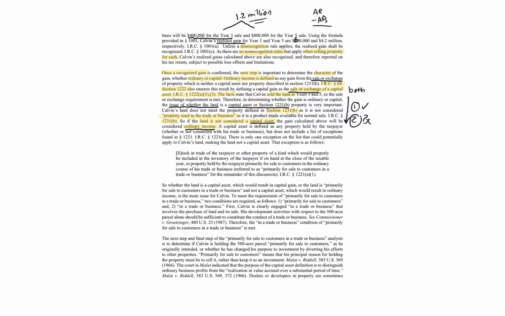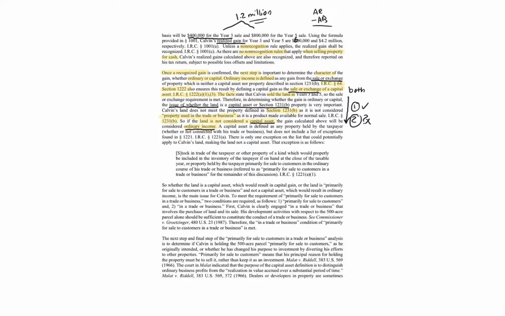You guys show me the conditions. You guys show me, okay, we met the sale or exchange requirement, boom. So then we go on to capital asset or section 1231. Can't be section 1231, so the only thing left is capital asset. And that's where we're at now. We're trying to determine if the land being sold in years 3 or 5, the parcels, are considered a capital